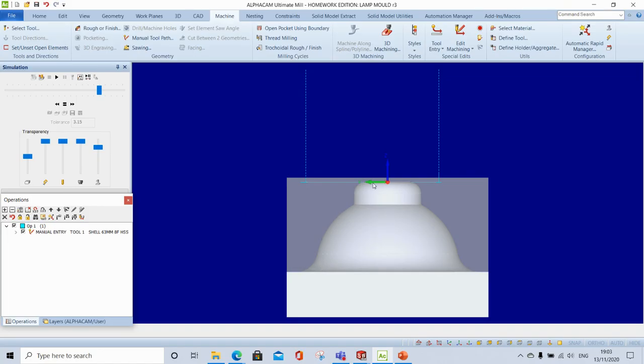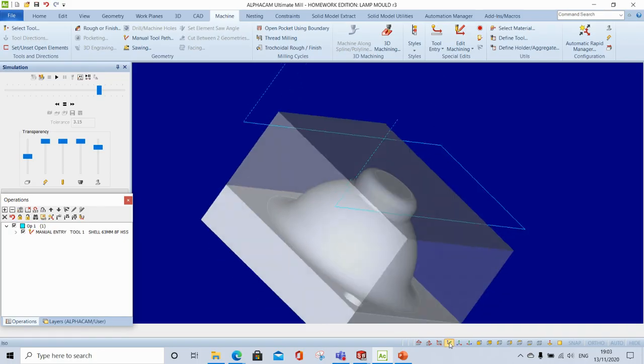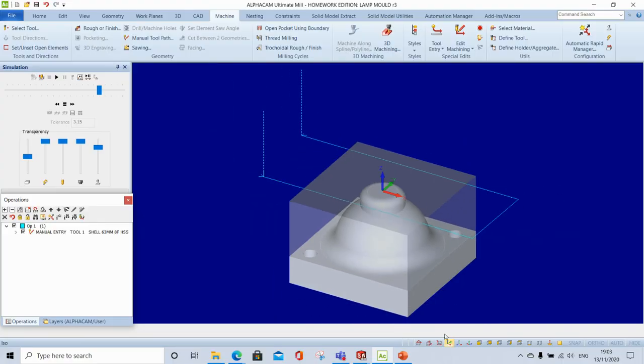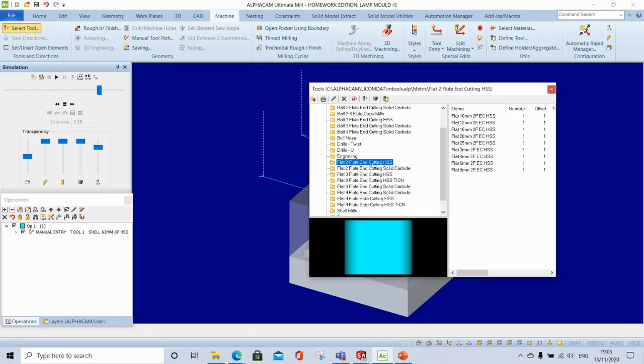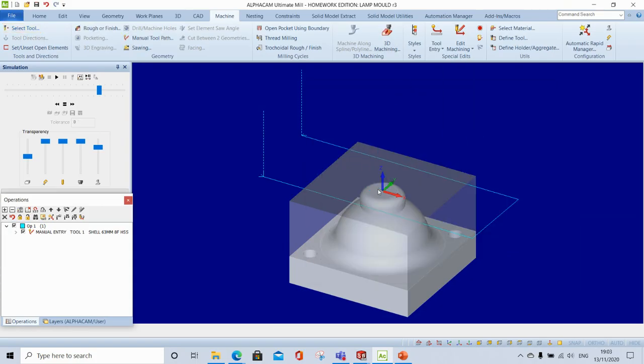We'll use a large tool to begin with, large diameter 16, then maybe go down to 10, and the steps will get finer as we go through, and then we'll eventually use a ball nose or ball end cutter to get this curvature. So if I select flat 16 mil, and we have a flat carbide end mill,